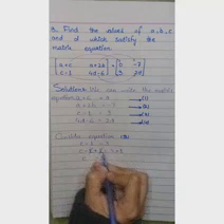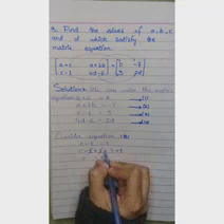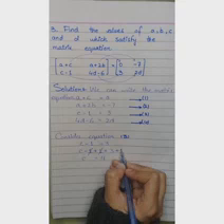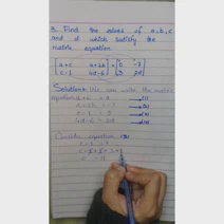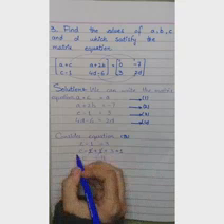When we add something or subtract something, we must do the same step on both sides of the equal sign. If we add 1 on the left side, we also add 1 on the right side. So the value of c will be equal to 4.